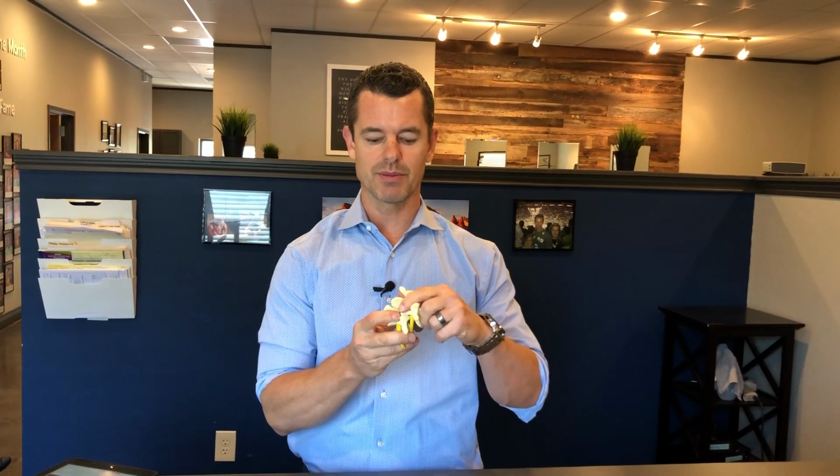Besides structure, the other big thing that we address from the start is mobility. And if you don't have the right amount of motion in your spine, if say for instance 2 or 3 or 4 segments of the spine are locked up, maybe due to just years of bad posture, years of sitting, or a lot of times past auto accidents or sports injuries, if you're not moving right, you know what, these